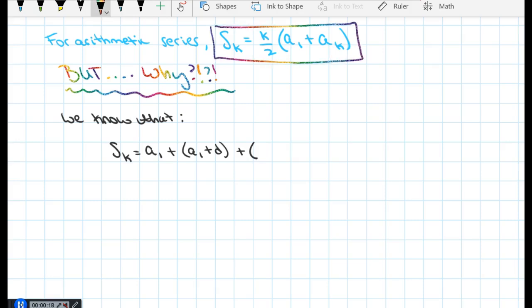In this screencast, I'm going to be deriving for you where this formula came from. Derivation, you are never going to be responsible for getting a derivation, but I think it's nice to see where they come from, okay? So we know for an arithmetic series, the summation of k terms is going to equal